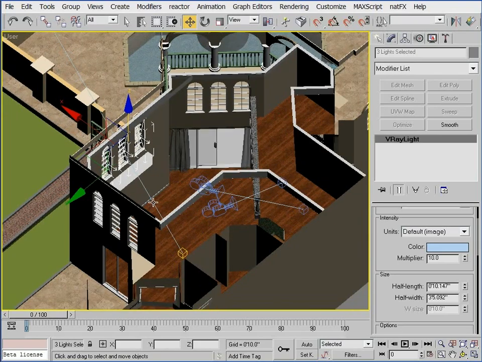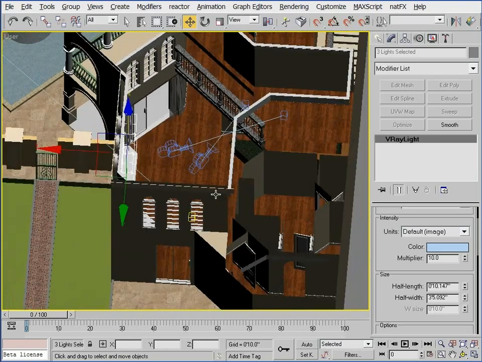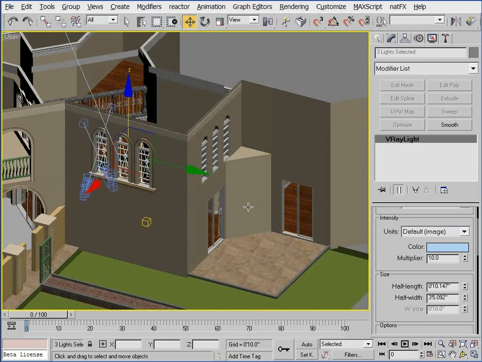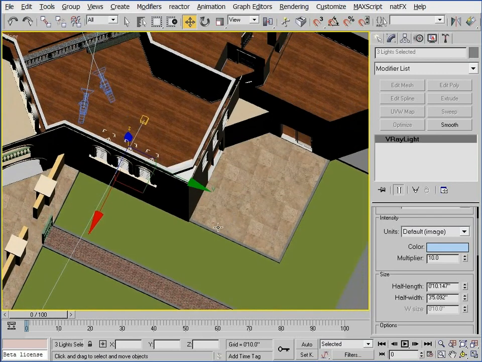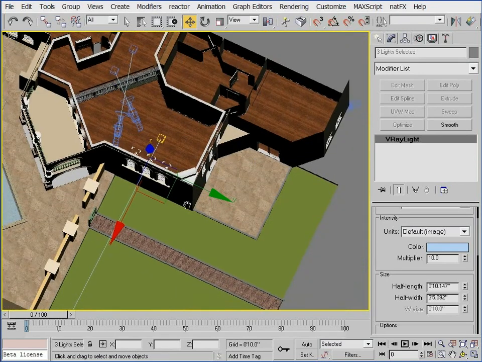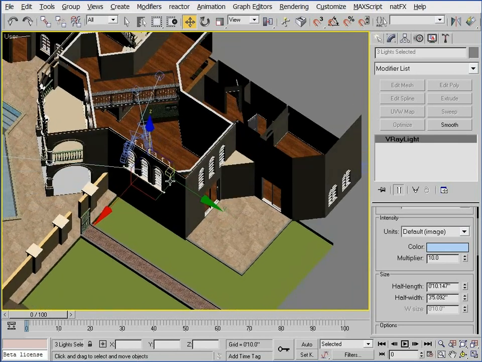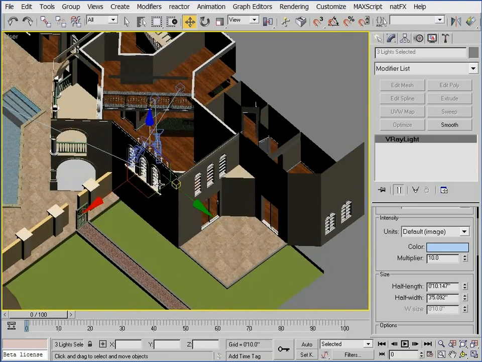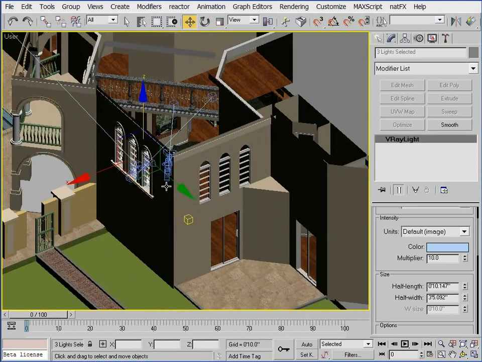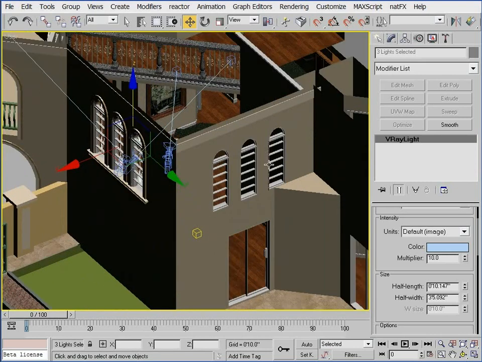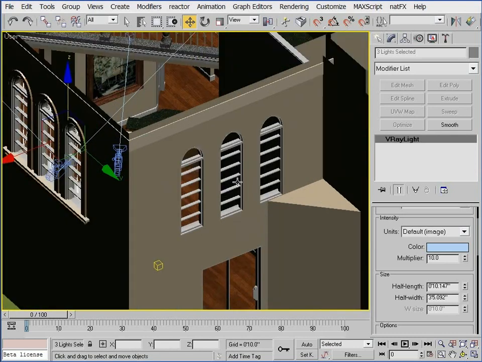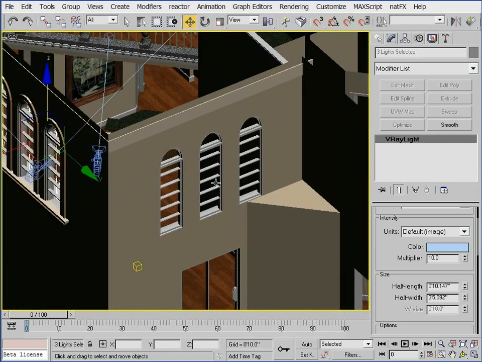So I need to take another look at my scene from an aerial perspective and see what's going on next. Navigating around the outside of my scene, looking from the outside in, just trying to find the next set of lights that I want to work on, I want to next work on placing lights in these windows right here. These windows don't face the sun like the first 3 lights do. In fact, they're facing about 90 degrees away from the sun,